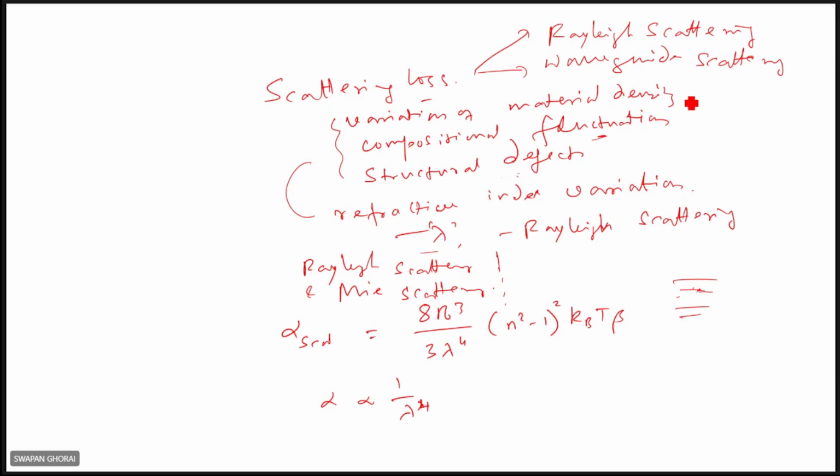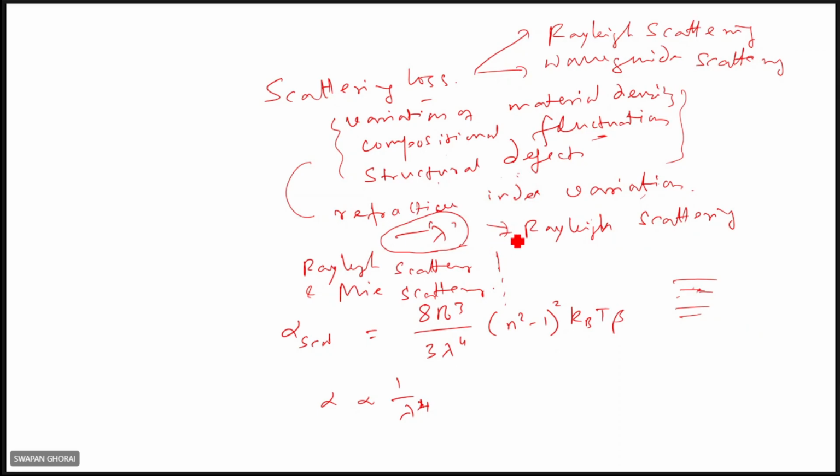This will be there. So these causes the variation of refractive index; even the density variation is there, and then refractive index variation will be there. Apart from the density variations, other components are also there: compositional fluctuations, structural variations. All these will cause the refractive index variation within the fiber, right? And if the refractive index variation occurs within a distance of the order of lambda, then scattering will result, and that scattering is called the Rayleigh